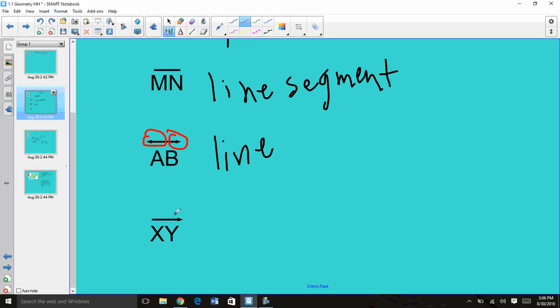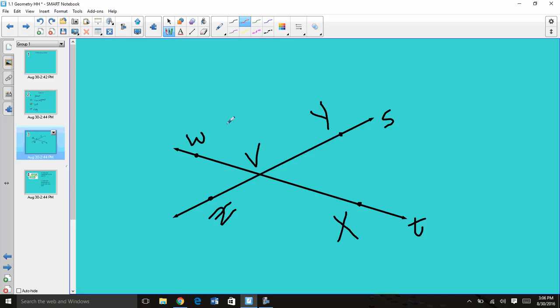Last one we have is just one arrow here. This is a special one. It's not a line like up here. In this one, it's actually called a ray because it just has that one arrow, so it shoots off in one direction, and that's a ray. Next example we have here are two intersecting lines because they're going on forever, and they're line S and line T. So this correlates kind of to the same problems in your book here, page 6, numbers 8 through 11,